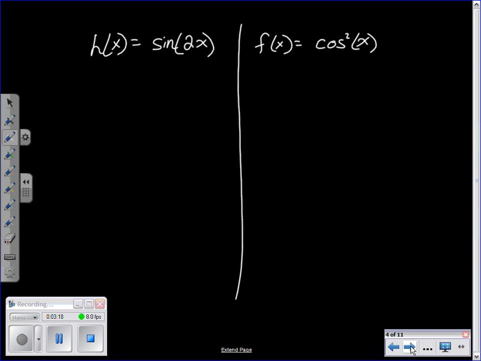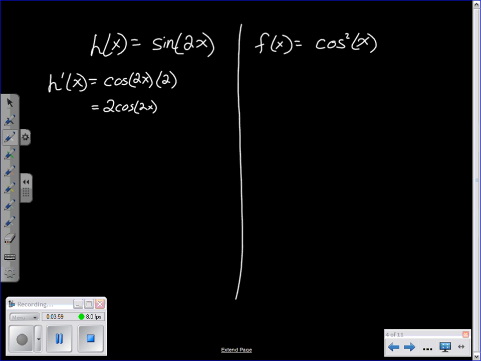Let's look at two more difficult examples. These are going to involve trig functions. So if you haven't learned your trig derivatives yet, you can skip this for right now and come back to it later. But these are examples using trig functions. If I want to find the derivative h prime of x, I need to identify my inner and outer function. My outer function here is sine x. My inner function is 2x. So I take the derivative of the outside. The derivative of sine is cosine. I'm going to repeat the inside and then multiply by the derivative of what's inside. So I end up with cosine of 2x multiplied by 2,